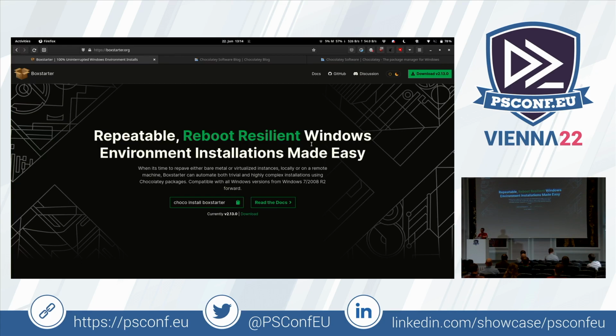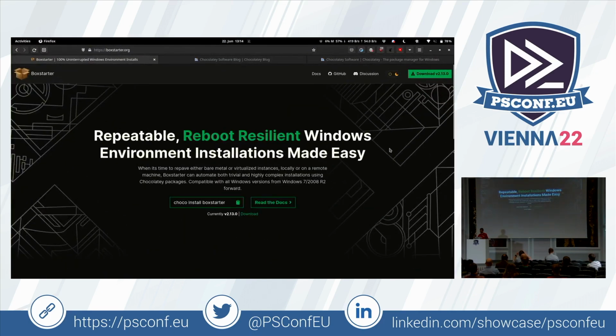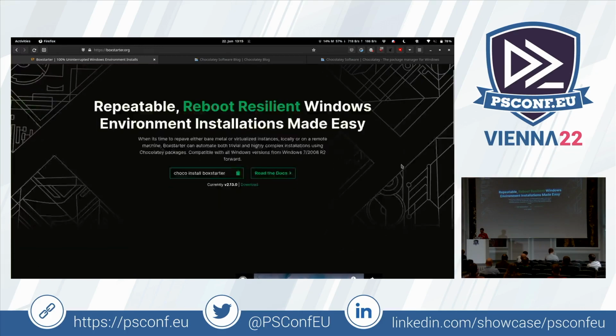In 2016, for work, I was researching how to automate our development and build server setups. The thing was, even with Chocolatey, which I eventually stumbled upon, there were some problems. We had to install a bunch of packages that required reboots, and although Chocolatey is great, it cannot handle such things on its own. You would need to throw in something like Chef or Puppet